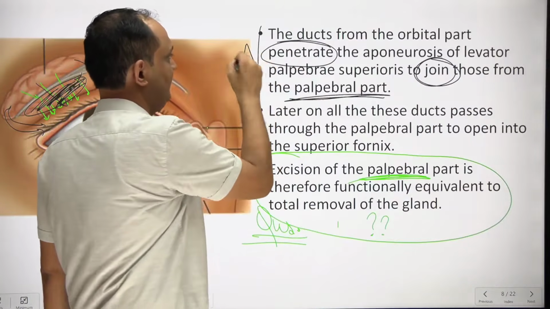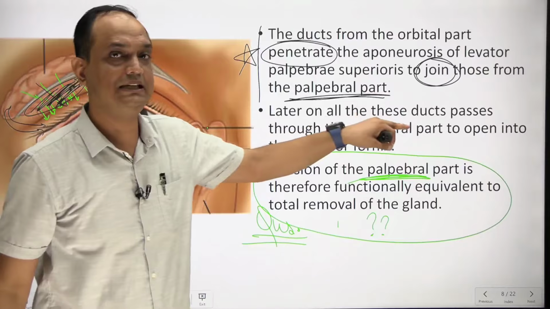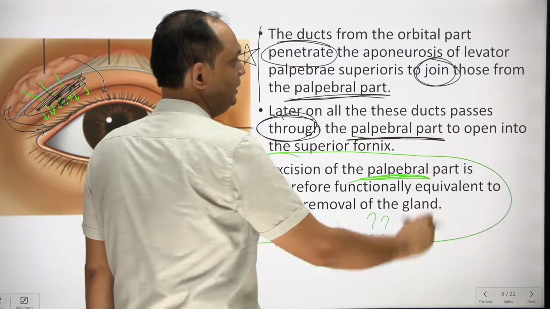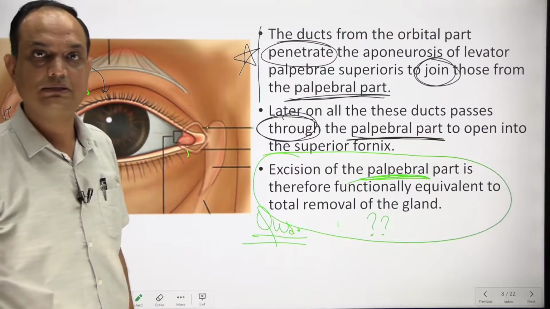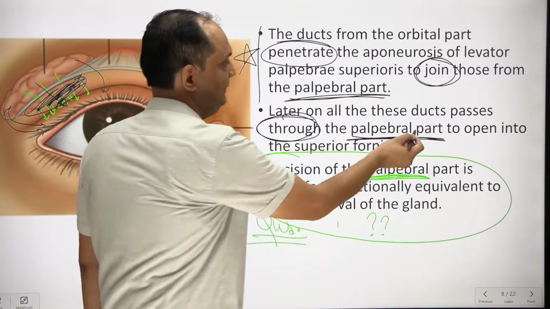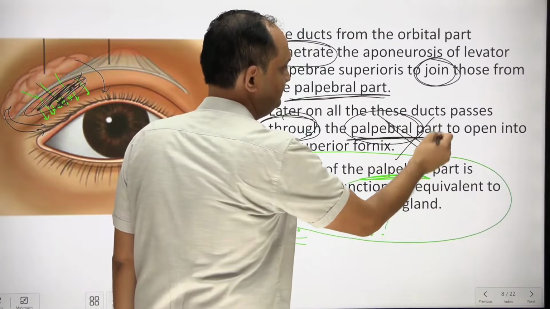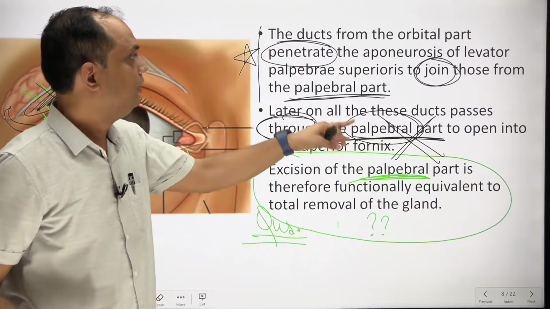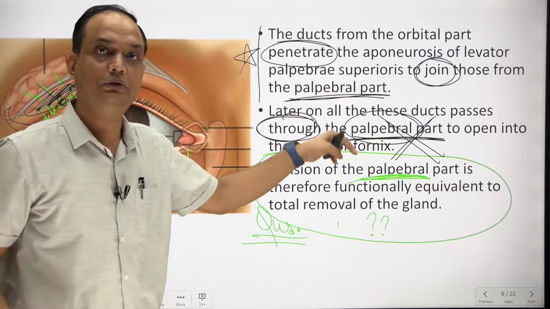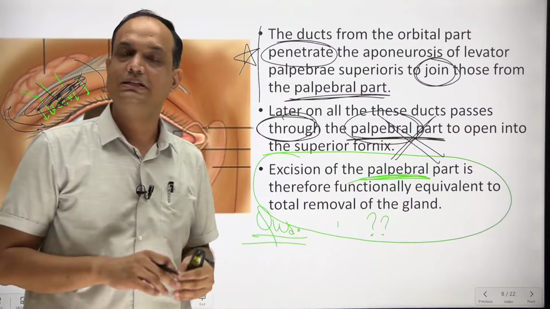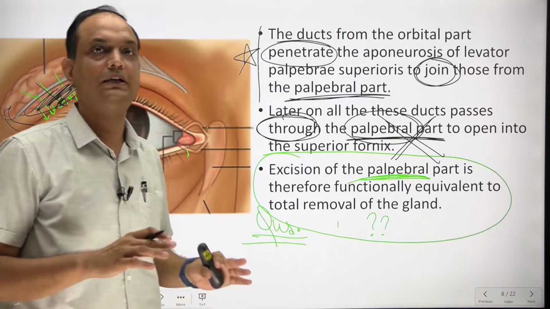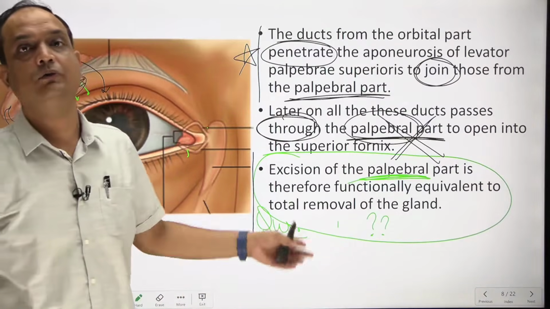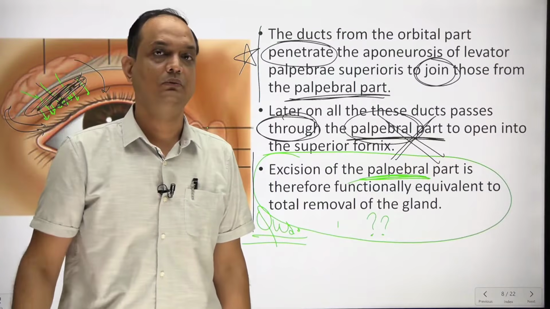So this is the first line. Second thing is that later on all the ducts pass through the palpebral part to open into the conjunctival fornix. ठीक है, तो अल्टीमेटली अगर आपने पाल्पेब्रल पार्ट को रिमूव कर दिया, इफ यू कट दिस पाल्पेब्रल पार्ट, तो आपने इस पाल्पेब्रल पार्ट की अपनी डक्ट्स को भी डिस्ट्रॉय कर दिया, और जो डक्ट ऑर्बिटल पार्ट से होती हुई, पाल्पेब्रल पार्ट से होती हुई कंजक्टाइवा के फॉर्निक्स में ओपन होने वाली थी, आपने उन डक्ट्स को भी कट कर दिया. सो दिस इज द क्वेश्चन that why the removal of palpebral part is as good as the removal of whole